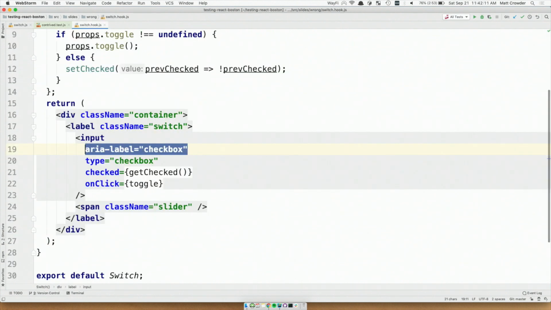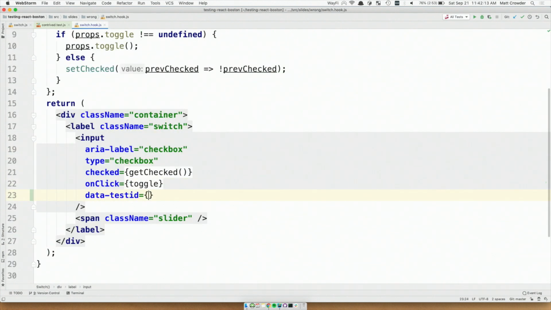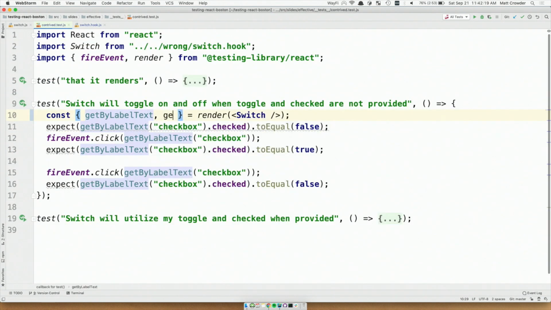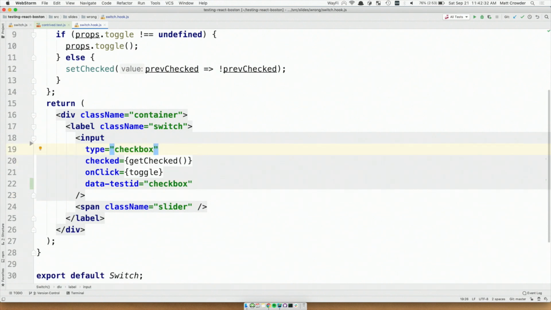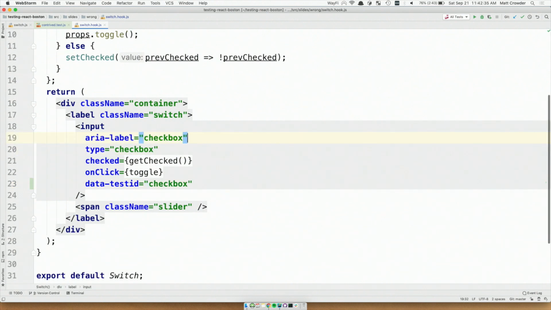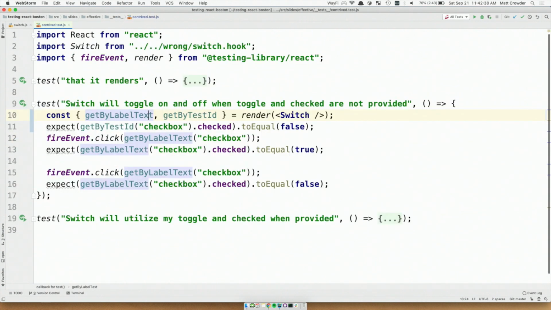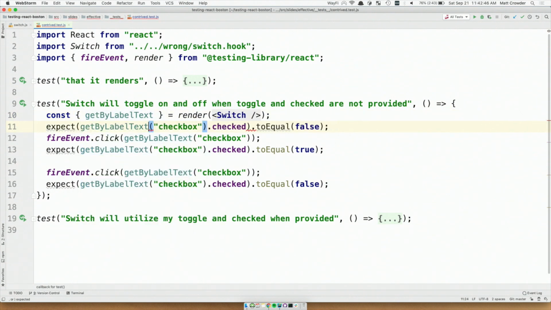So what I will say is you can also add a data test ID, and you can do checkbox. And then instead right here, you can do getByTestId. What I have read is that if you're just putting test IDs everywhere, then there may be a more accessible way to do it, because this still works fine. But I actually didn't check to see if ARIA label was actually correctly placed right there. But anyways, you can test with accessibility to assert that your components are accessible in a way. So we have this getByLabelText, and when I render it,